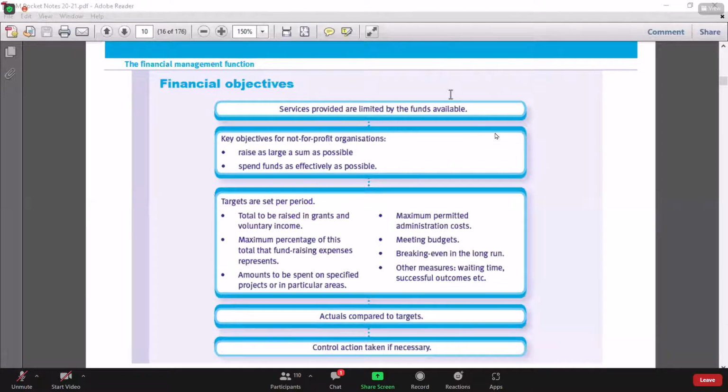Okay. So one more point I want to say: whenever you are learning a concept, try to visualize it from a practical scenario. Here I took an example of an orphanage. An orphanage is a not-for-profit organization. So whatever knowledge you have, try to link it. What is the functioning of an orphanage? And if you get time, you can visit there and know the process, the functioning, how they are raising the funds, how they are deploying the funds. This will definitely enhance your practical understanding. I hope it is clear. Any other question?